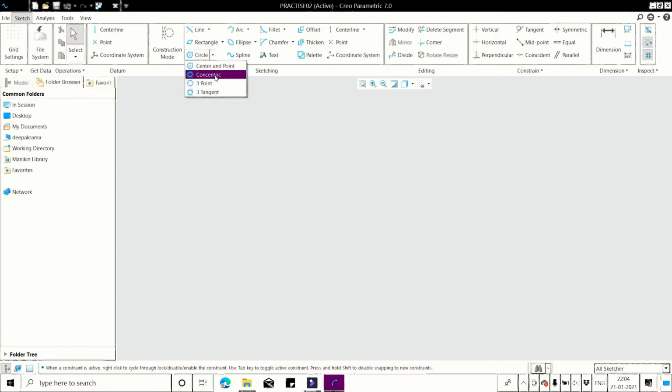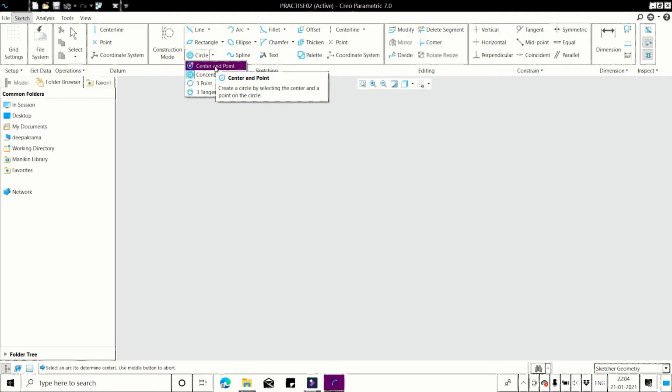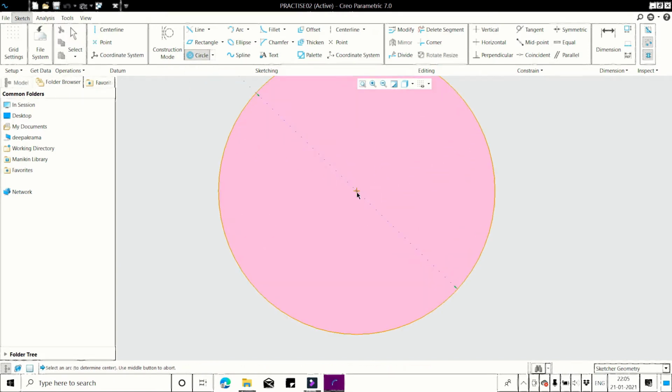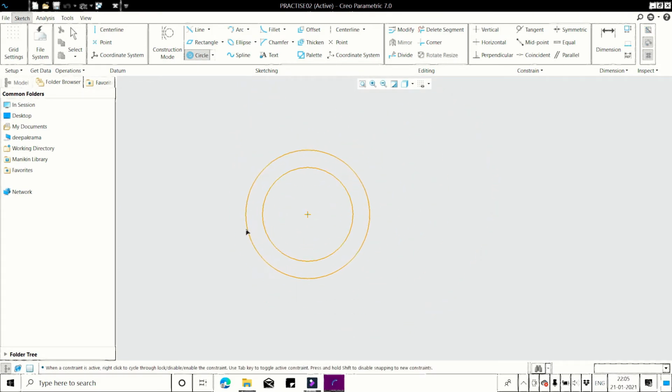Next one is the concentric. Concentric means within the circle you have to draw this circle. For the first circle I will use center and point circle. Give the dimension as 3. By using this, I will create a concentric circle. Click on the center point of the first circle, then create a concentric circle, meaning same center.